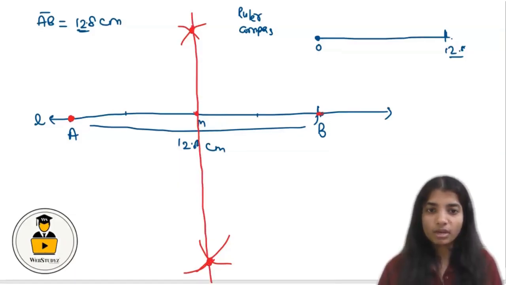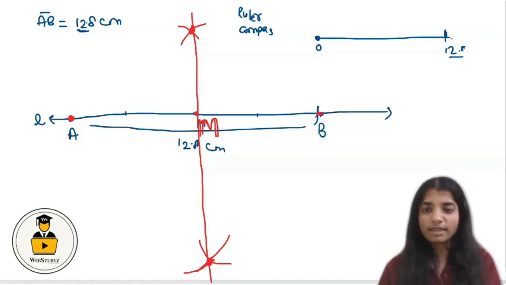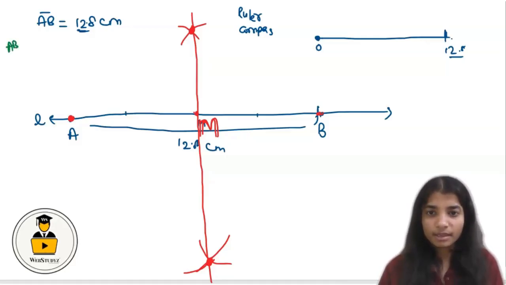So from here we got the bisector of the line segment AB. Let's say this is the point M. So now our line segment AB is divided into 2 equal parts. Now we have to divide this into 4 equal parts. Here we can write this as AB is equal to double of AM, or AB is equal to double of BM. Now we are going to take AM as our line segment.